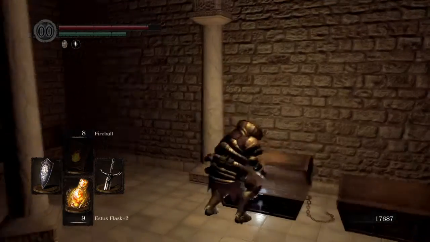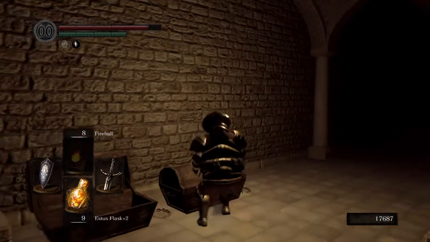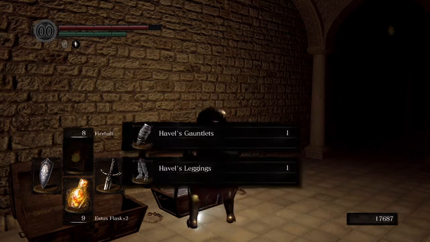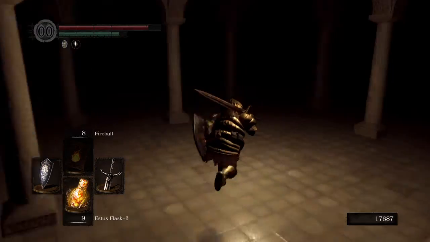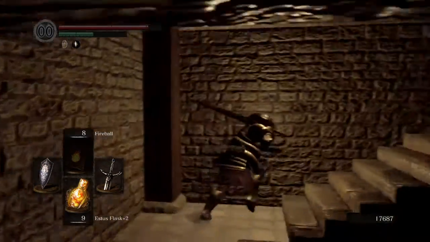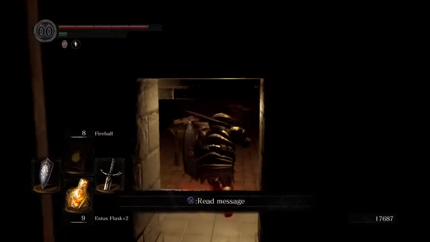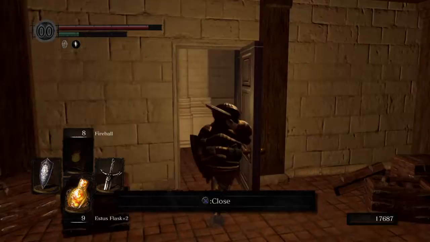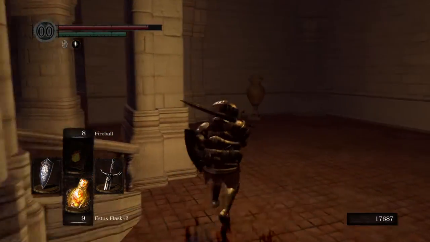Now, the weapon, I believe, takes 40 strength, and the shield takes 50. But the rest of the armor you can wear. It's just very heavy. Keep it on going. Okay. Now, we'll head upstairs, which is...